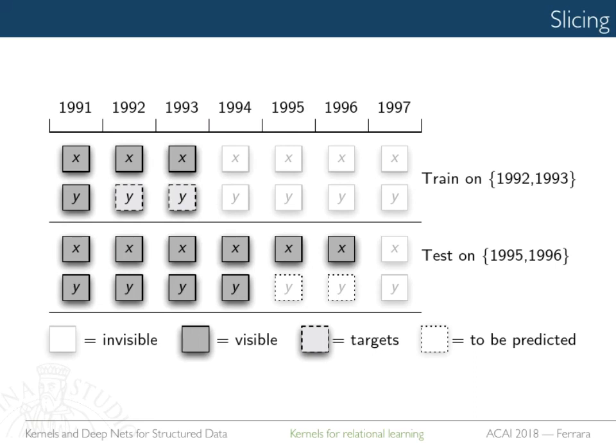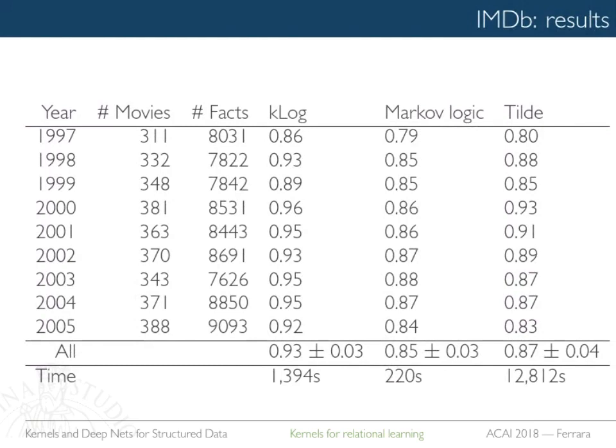This is because there is only one single big graph. So you want to be sure that you don't mix up train and test. One simple way is that when you do the training, you don't see the future. So in training, maybe these years here are grayed out because you're not authorized to see them. You delete the data from the data set for training. And when you go for test, you can see the past. So you can also see the labels for the past. That's legal, of course, as part of the data.